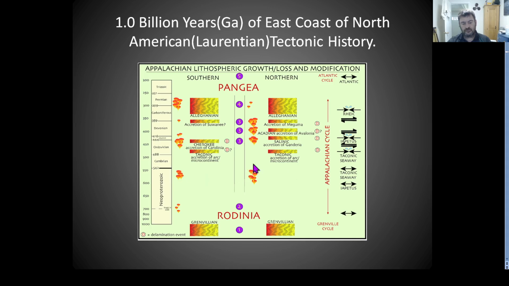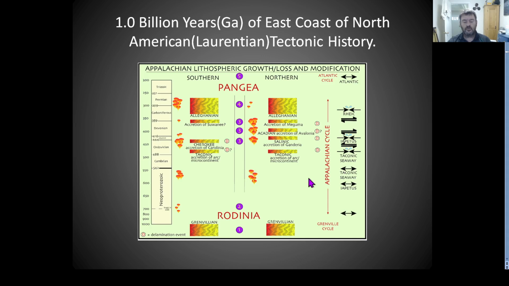This is basically showing us that we have a ton of plutonic activity, probably beginning to relate somewhat. I'm not 100% sure if this would still be rifting and spreading. So you've got the Iapetus Ocean, you've got the Taconic Seaway. The Taconic Seaway was formed when an island arc comes together. I'm sorry, the Taconic Seaway is a seaway that forms off the east coast of North America, as